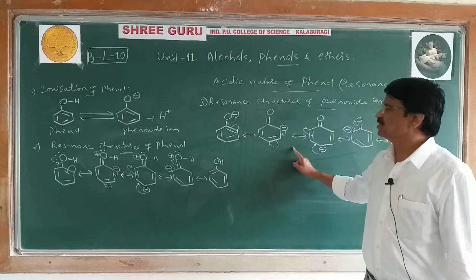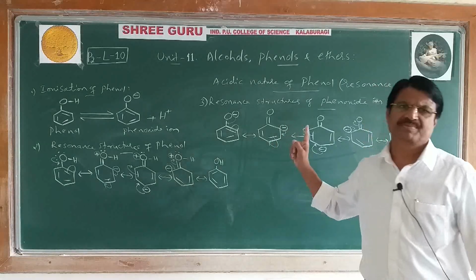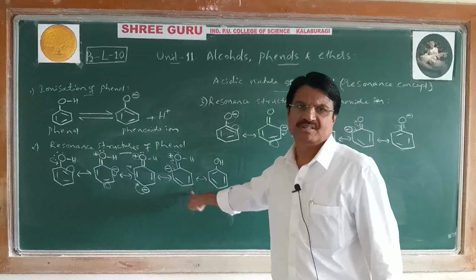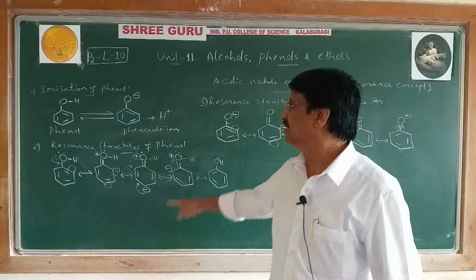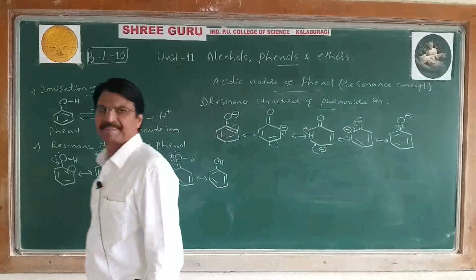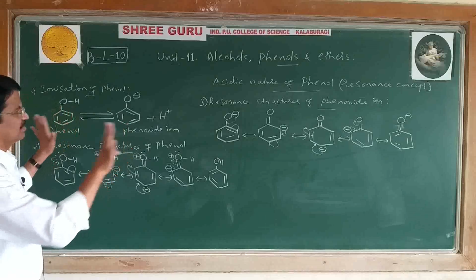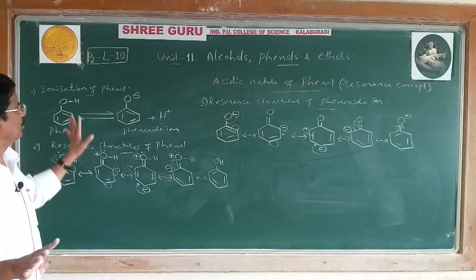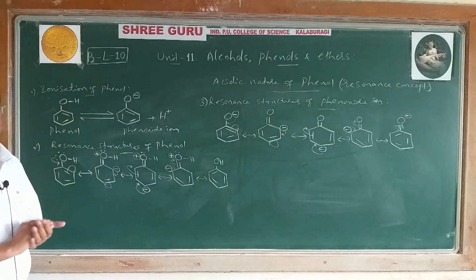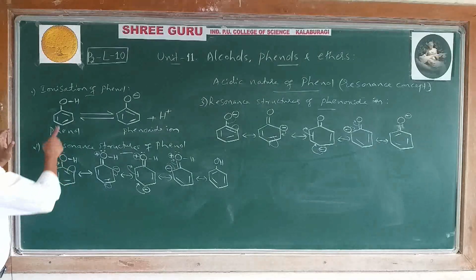So these are the resonating structures or resonance structures of phenoxide ion. These are called resonance structures of phenol, and this is ionization of phenol. Now, write in brief regarding these. Then you come to know why phenol is called acidic. Now see here, regarding the first point,